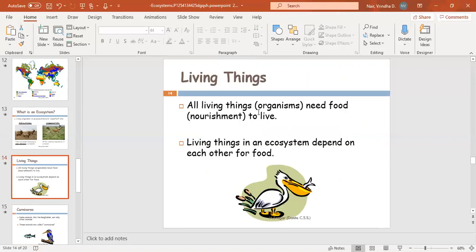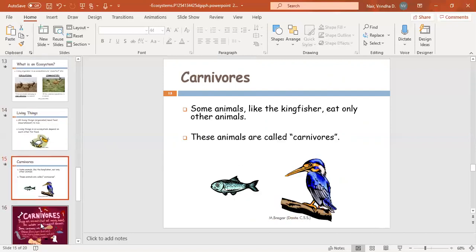All living things need food to live. The living things in an ecosystem depend on each other for food. There's competition too, because everybody needs food, right? So there's competition between animals, so that survival of the fittest is able to hold in an